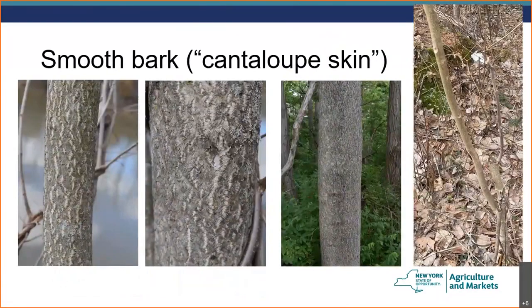The bark is an identifying feature all year round. Some people describe it as cantaloupe skin because it's got these white lines in it, kind of like some melons do. And that's always helped me remember it. It doesn't take long for the bark to acquire that lightly furrowed white striping,